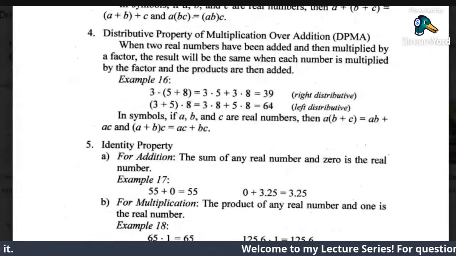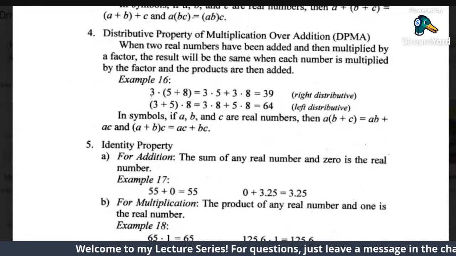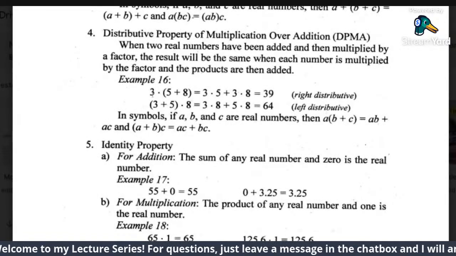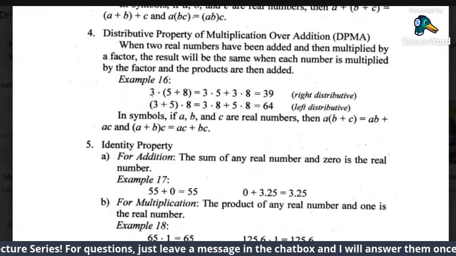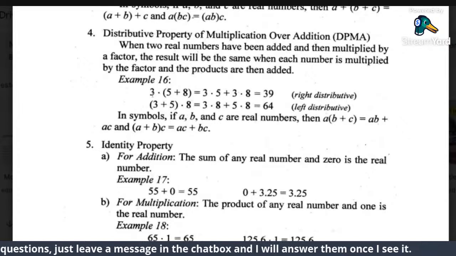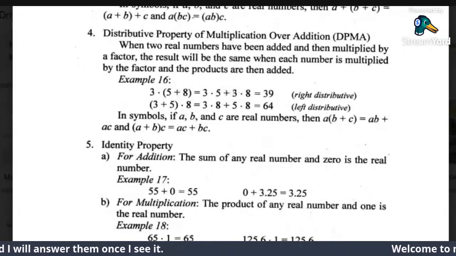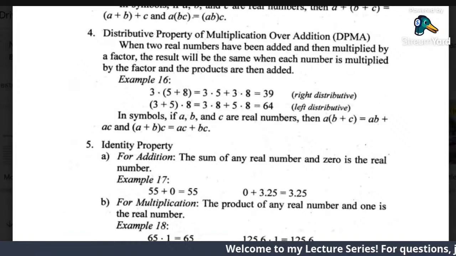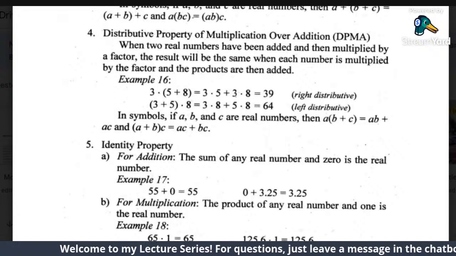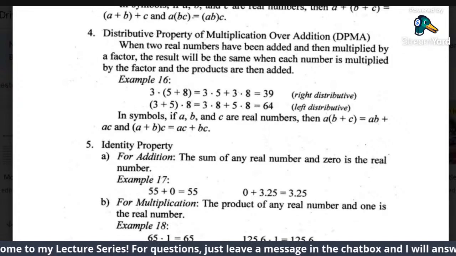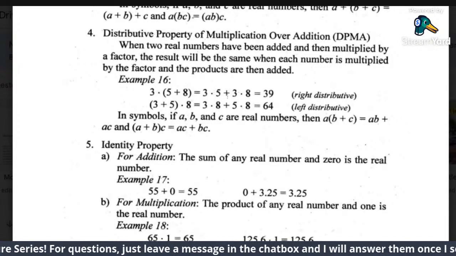So here, 3 times the quantity 5 plus 8. When we talk about DPMA, we just distribute this: 3 times 5, then the addition sign plus, then 3 times 8. If you simplify that, 3 times 5 is 15, 3 times 8 is 24, and 15 plus 24 will give you